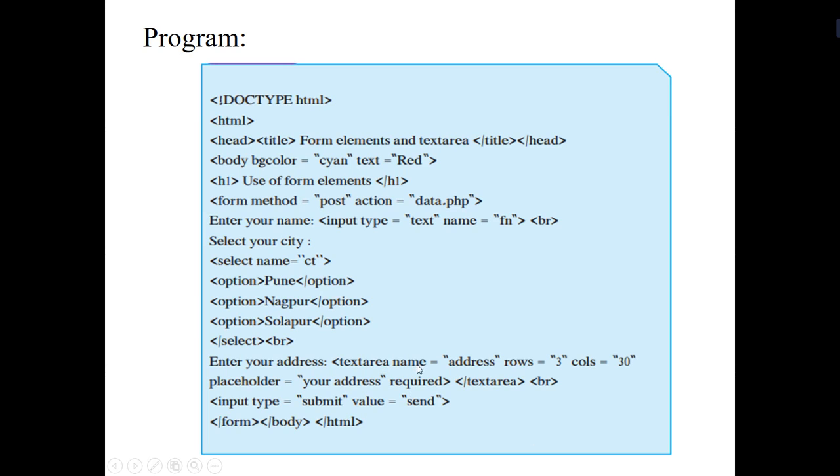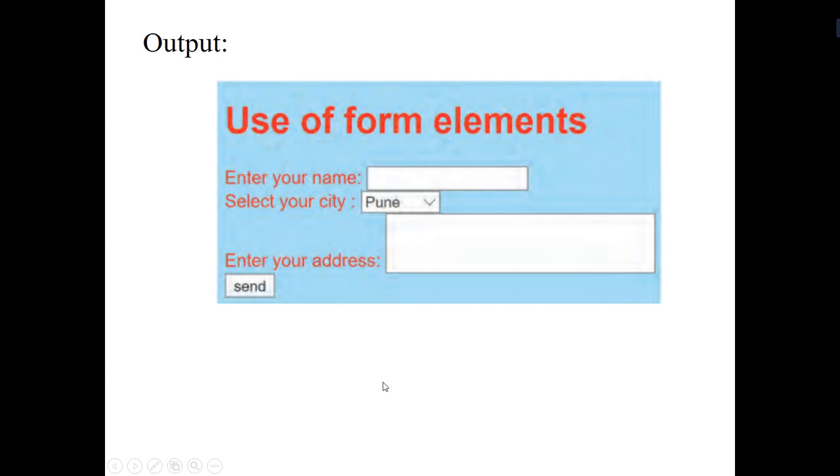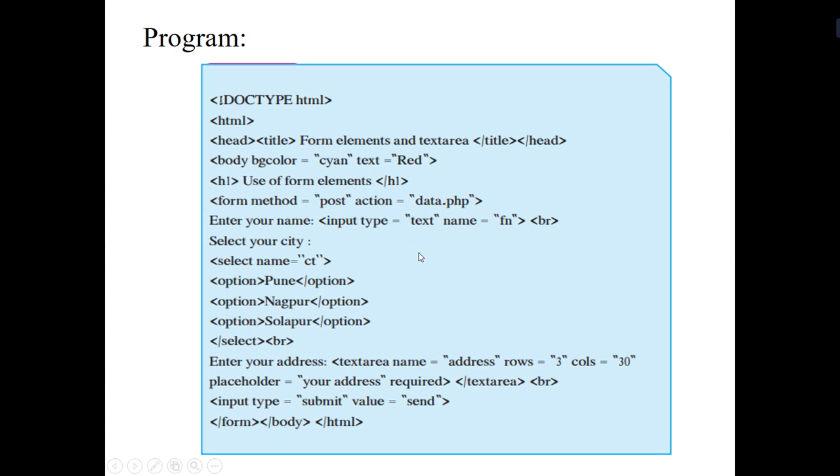The first attribute is name. Textarea name is equal to address. You can give any names. For the number of rows, we have given 3 rows for the textarea and columns should be 30. And the placeholder indicates that you must provide the address in your address box. Okay, in this there are 3 rows and 30 columns, and filling this frame is compulsory, it is required. Once the textarea is completed, the tag which is opened over here gets closed, and again the BR tag, that is break of line.